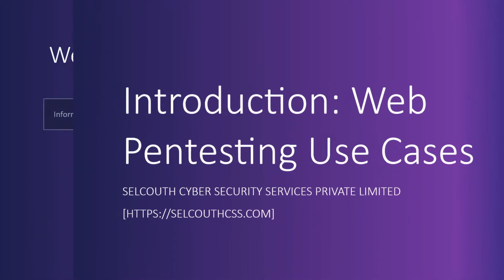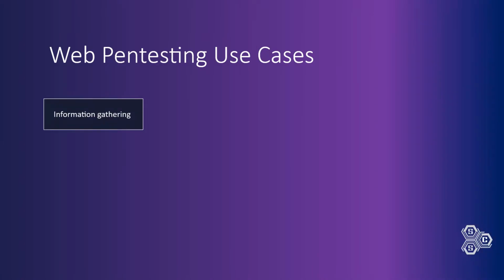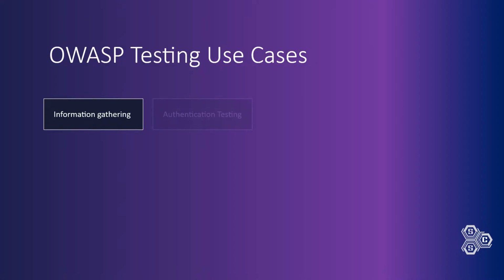So the very first thing, information gathering, itself is not a use case. However, it is the most crucial step in any sort of penetration testing engagement. Information gathering allows you to curate granular information about the application. This information generally includes details like the web server and its version, the application framework and its version, the language it is written in, and much more. Honestly speaking, information gathering is only limited to an individual's skill set. The possibilities are limitless.